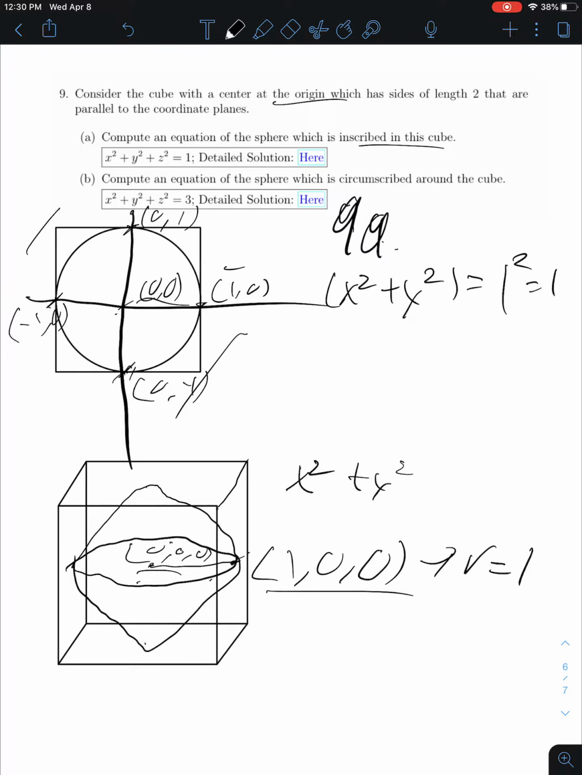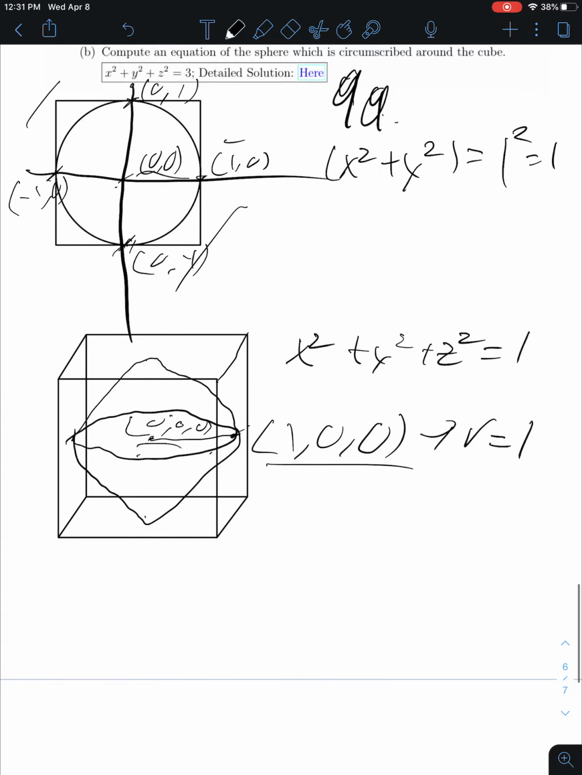So that tells us we're just going to use x squared plus y squared plus z squared is equal to 1, because that is our x0, our y0, and